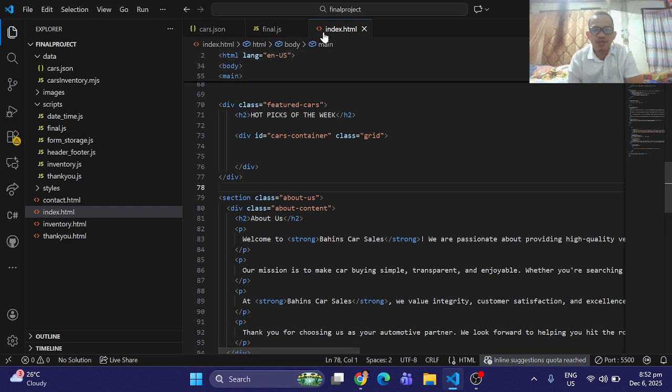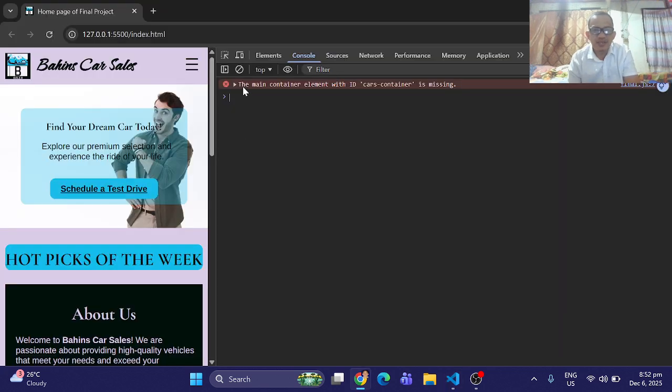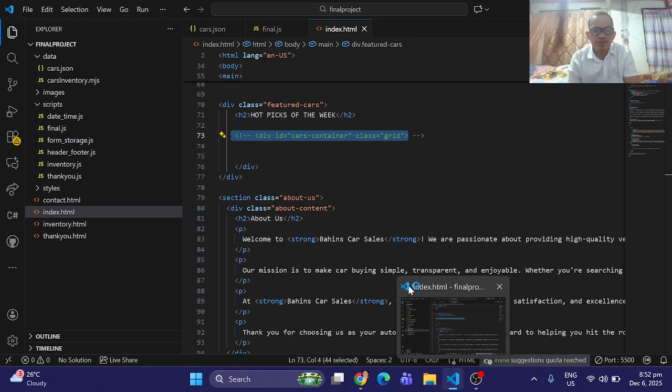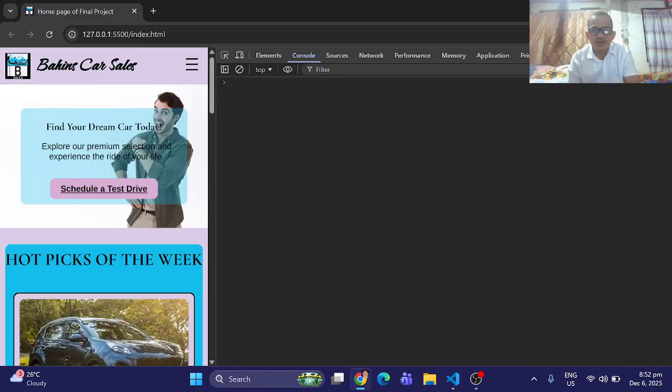But if we remove this container or comment it out temporarily, then the error will be printed in the console, meaning that the cars container is missing. But if we put it back, then the errors are gone.